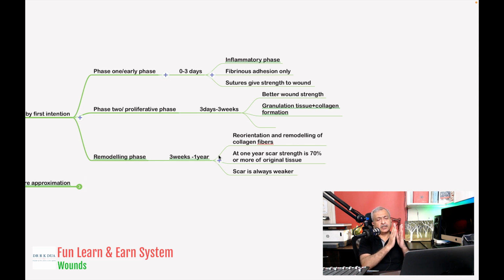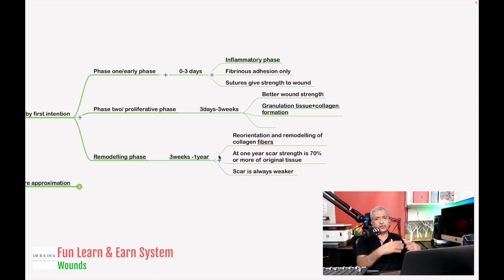So what does remodeling mean? That means if there is a scar formation, this much scar is there. Ultimately, with the contraction of the myoepithelial cells, there is contraction of the wound. If the wound was initially of this much size, ultimately it will contract, and after 6 months to 1 year, it will remain half the size. And there is continuous migration of the various cellular elements, mainly the fibroblasts and monocytes,